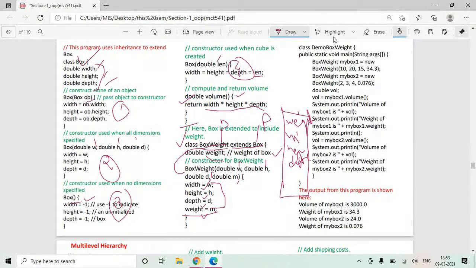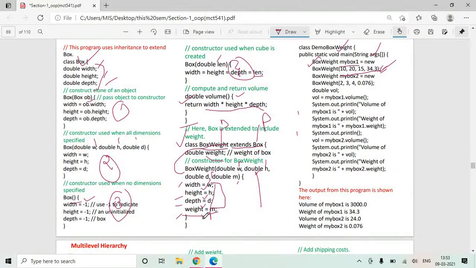Now let's say you have created a working class and written the main function. You created an object, myBox1, of BoxWeight class with 4 arguments: 10, 20, 15 and this. We know the constructor gets called automatically at the time of object creation. So the constructor for BoxWeight class gets called, and 10, 20, 15 and this value are initialized to width, height, depth and the weight variable.